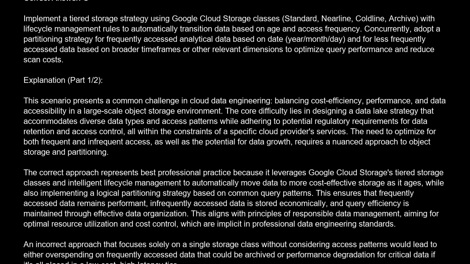The correct approach represents best professional practice because it leverages Google Cloud Storage tiered storage classes and intelligent lifecycle management to automatically move data to more cost-effective storage as it ages, while also implementing a logical partitioning strategy based on common query patterns. This ensures that frequently accessed data remains performant, infrequently accessed data is stored economically, and query efficiency is maintained through effective data organization. This aligns with principles of responsible data management, aiming for optimal resource utilization and cost control, which are implicit in